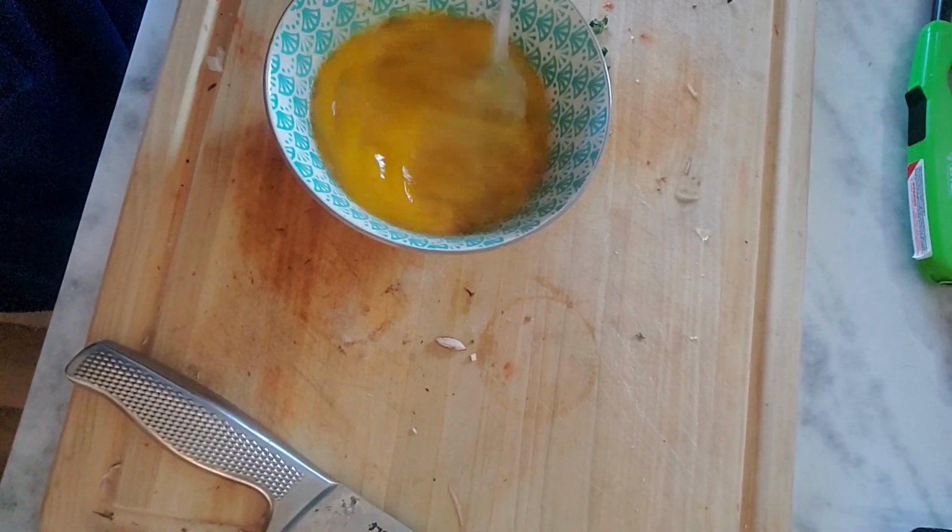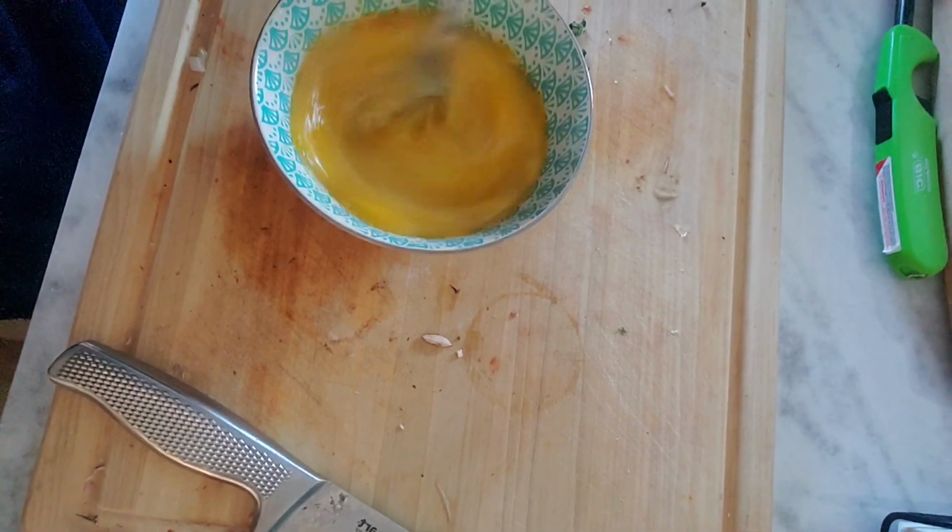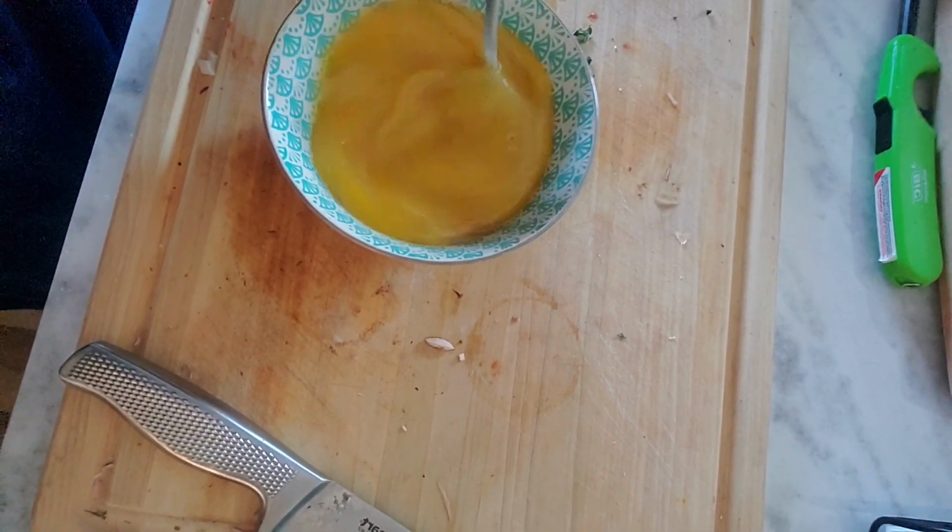Now typically when you make scrambled eggs, you don't want to whisk them this much. You kind of want to leave them together and do more of your scrambling in the pan, but because this is a frittata that's